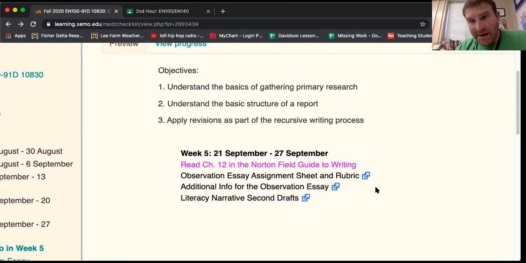The only actual major assignment that is due is your literacy narrative second draft. This is the one in which Mr. Wade Christian and myself will actually give you a grade on. Keep in mind, this will be probably a harsh grade, but if you follow the feedback that we tell you to a T and resubmit it for a third draft, your grade will zoom up. So if you get a bad grade on this second draft, do not be discouraged. Take the feedback with stride, implement the feedback, and you will do much, much, much better on the third draft,